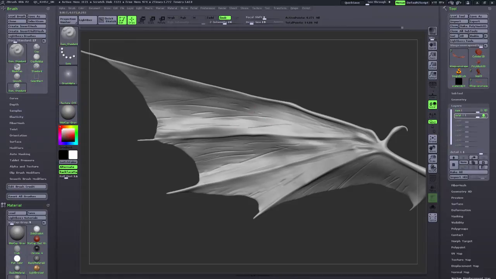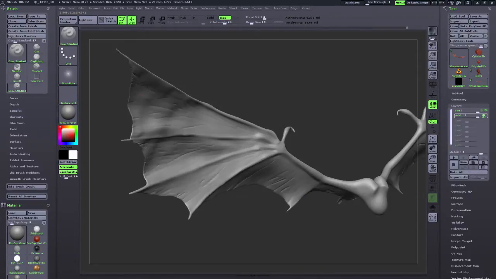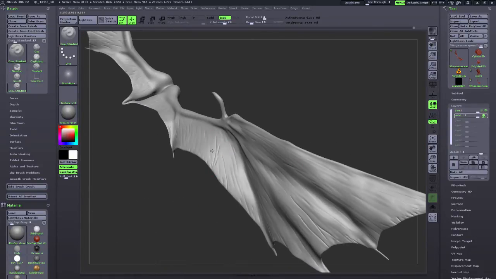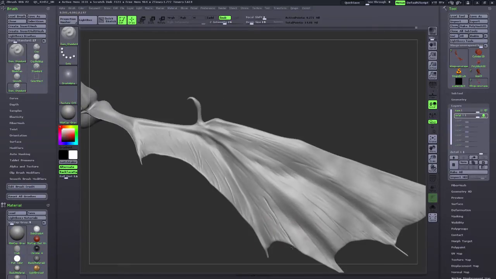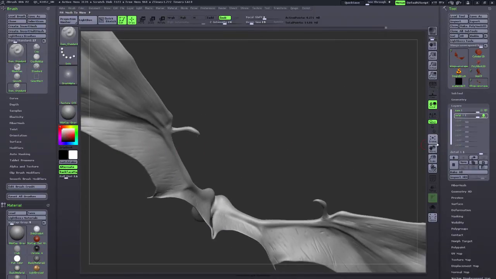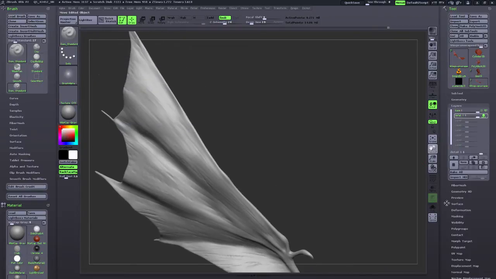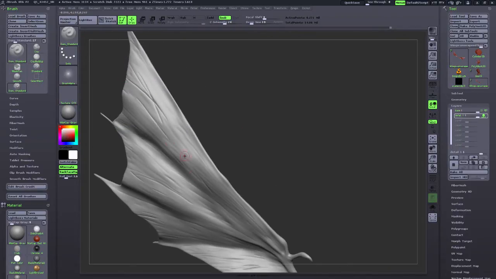But you can see that the marks that I made on that lower subdivision pass have kind of smoothed out when I subdivide it. And so that's why it's okay to work at a lower level,